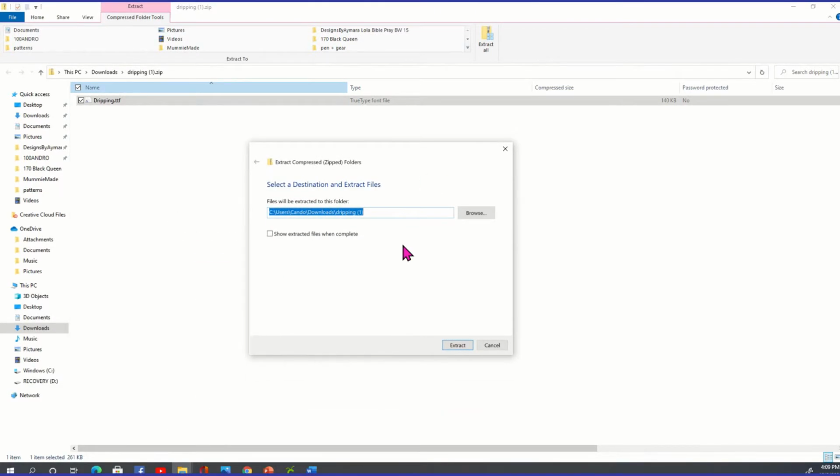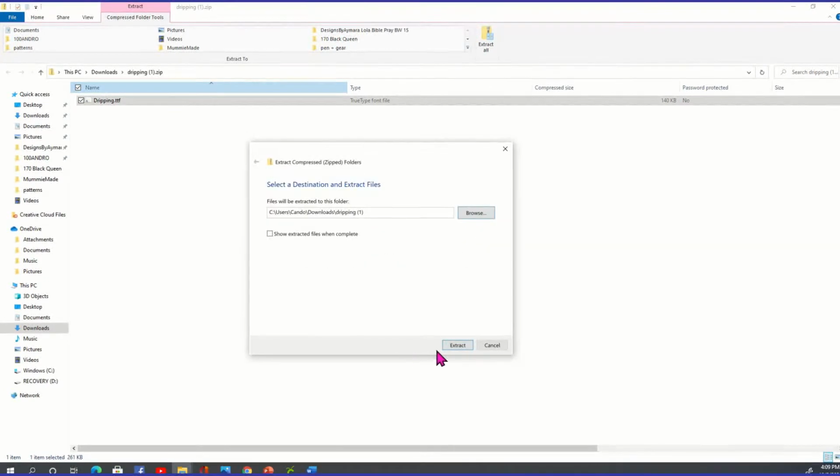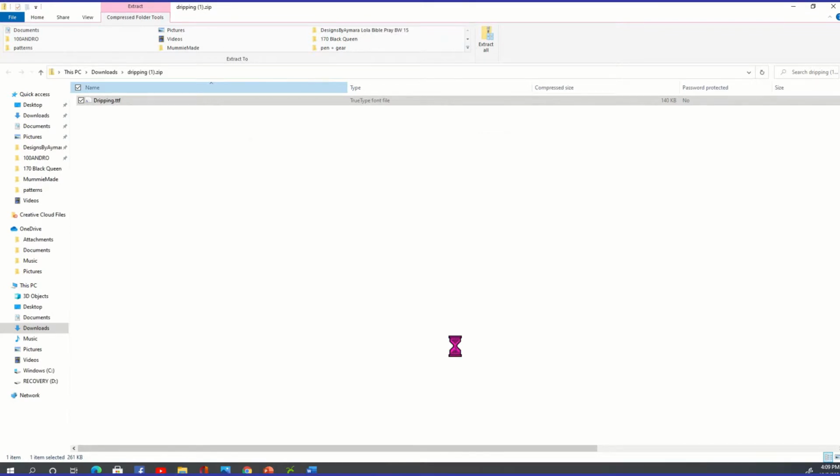So if you have two screens, you may have to look on your second screen, or this may drop down to the bottom menu area here. And then you're just going to browse to tell it where to put this font. So you may put it on your desktop, wherever. And so I'm just going to say extract wherever I decide to put it on my laptop. And then once you extract it, it's going to go away. And now when I double click on that font,